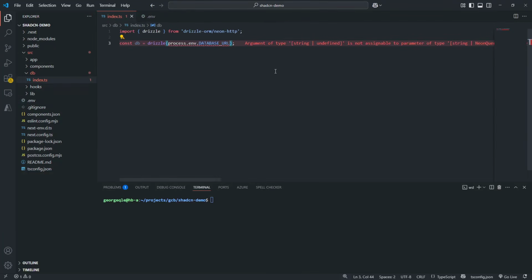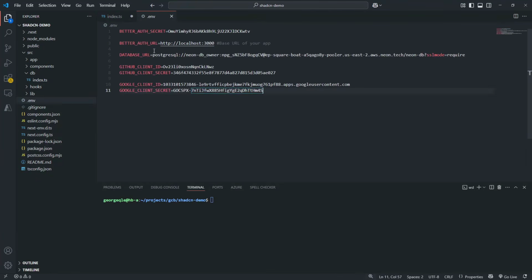And so what we can do is just assure it by making sure ourselves that we put it in there. We can just provide this explicit operator here that basically says, yes, this either exists, or we can cast it as string. Technically a little bit dangerous, but as long as we make sure that we have our database URL,